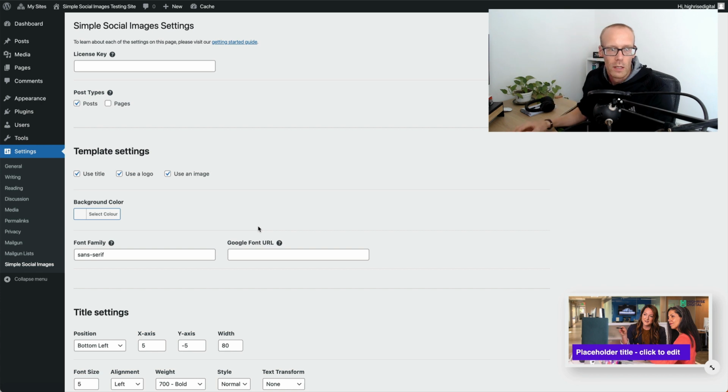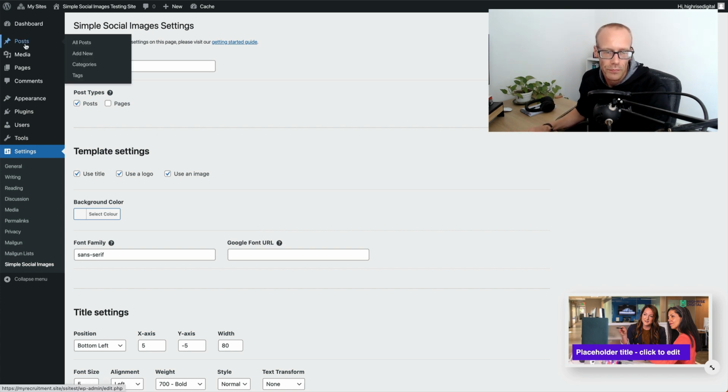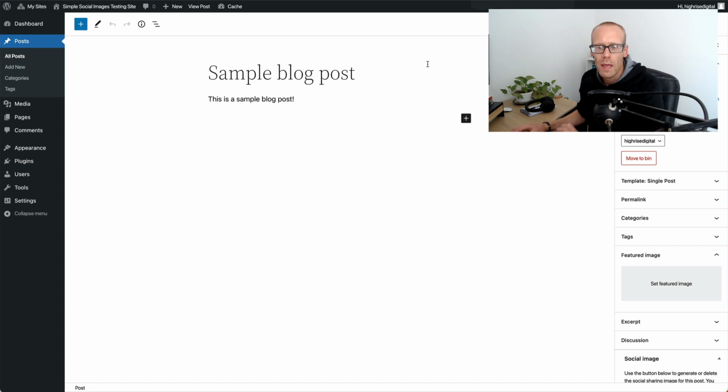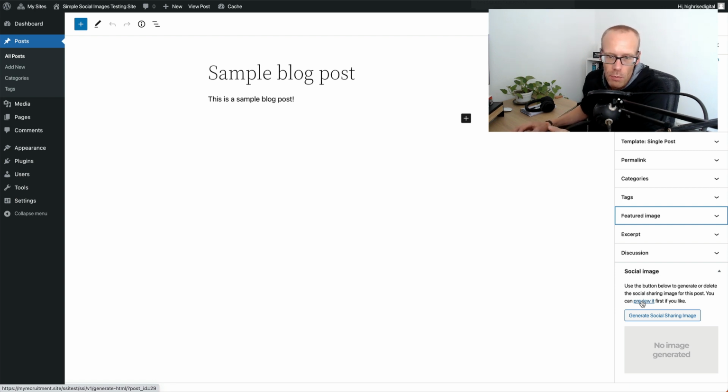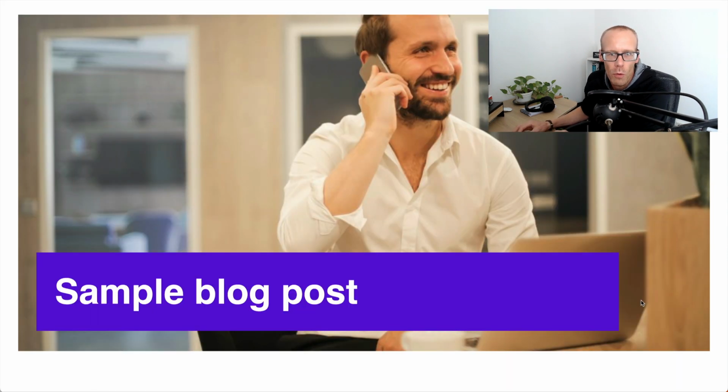Then what I'm going to do is I'm going to go into my post and I'm going to start generating my image for my post. So I am here in my sample blog post, and on the right hand side you'll see a social image panel. This is here on the right. And first of all, I can preview what the image will look like for this particular post by clicking this preview. It opens in a new tab,